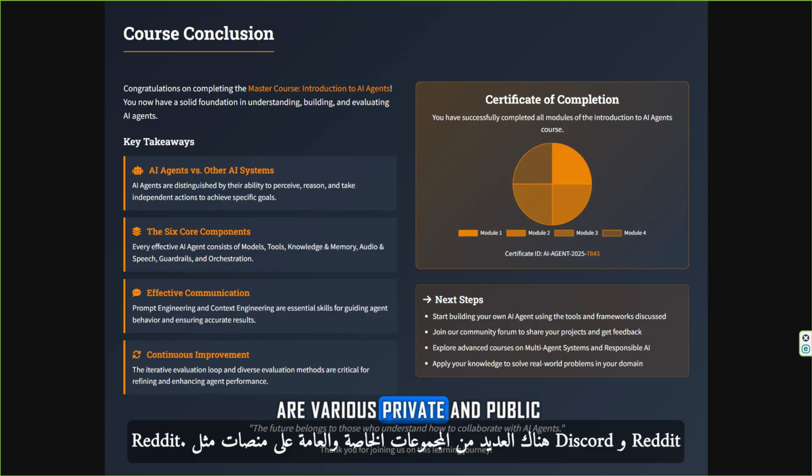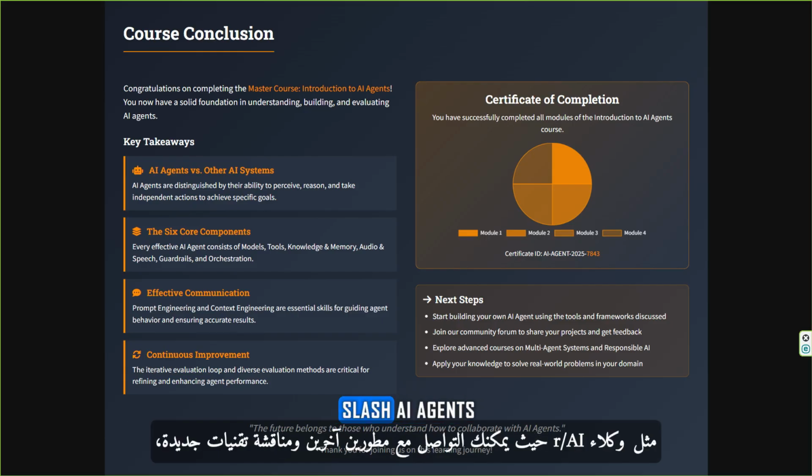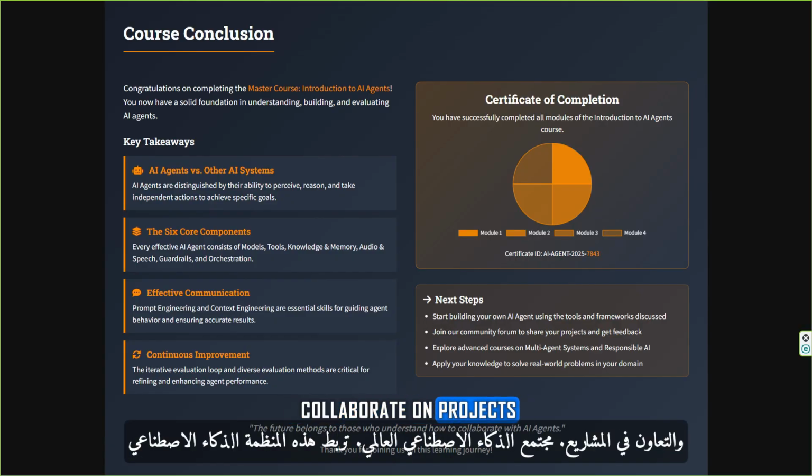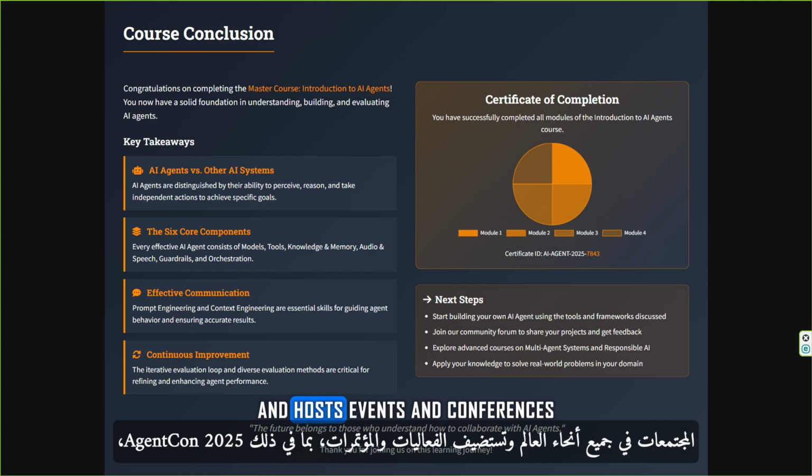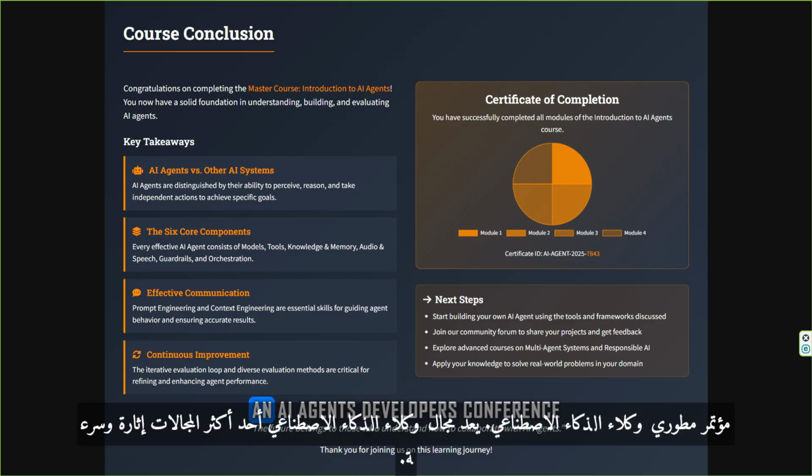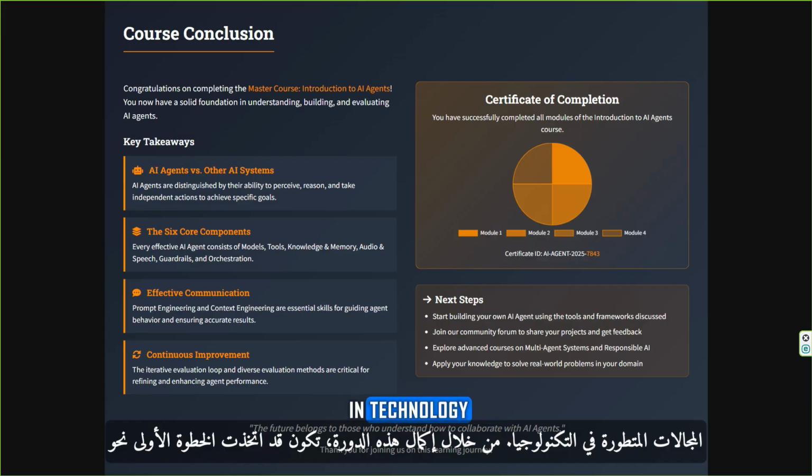There are various private and public groups on platforms like Discord and Reddit, like r/AI agents, where you can connect with other developers, discuss new techniques, and collaborate on projects. Global AI Community. This organization connects AI communities worldwide and hosts events and conferences, including AgentCon 2025, an AI Agents Developers Conference.